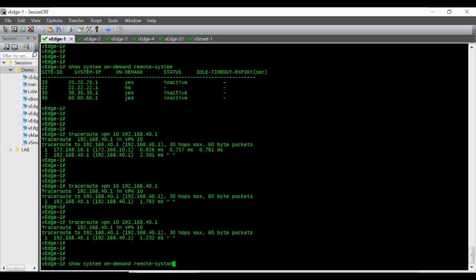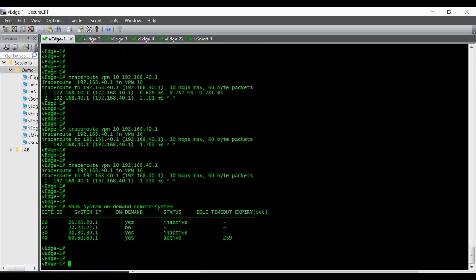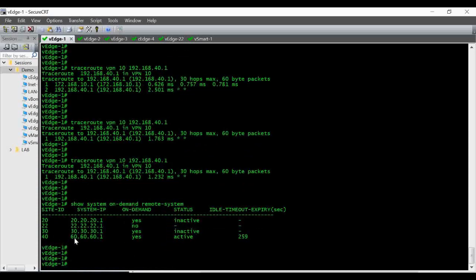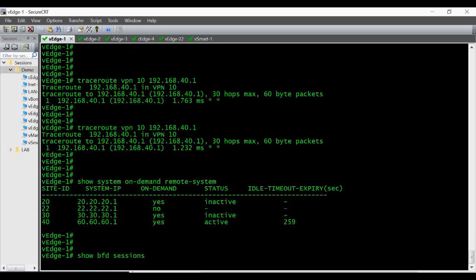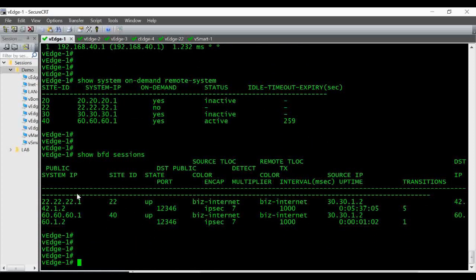And if you check the show system on demand remote system status, you can see it is active with the site ID 40, that is 60.60.60.1, and that is active now. Also now if you check the BFD session again, you can see the BFD session is established towards my 60.60.60.1,